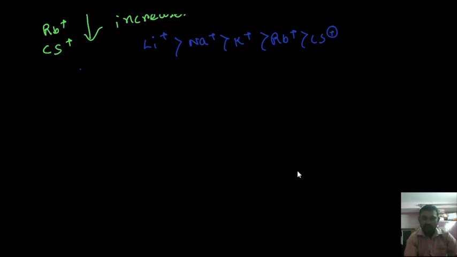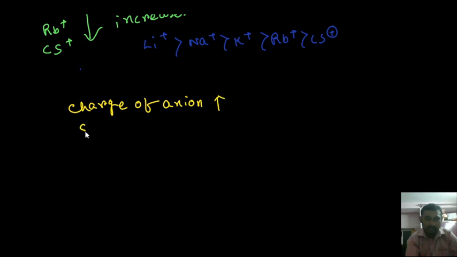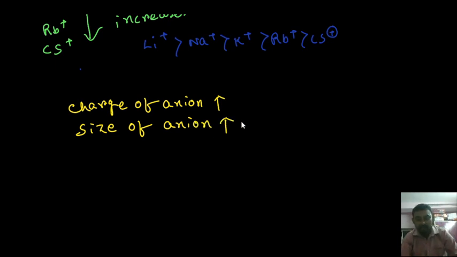But physically, if we analyze, with the increase of the charge of the anion and the size of the anion, both the charge and the size of the anion increase, so that will also